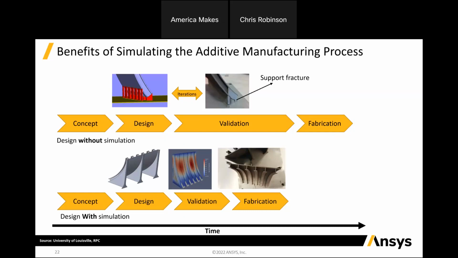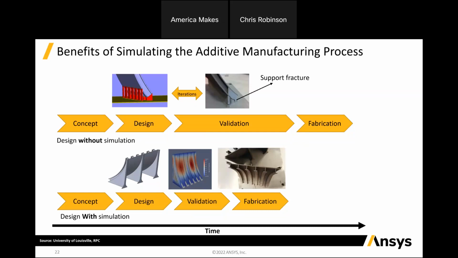So maybe you go in and you change your support structure and you go ahead and you build your part. Maybe this time you get 2/3 of the way into the part before you find out that there's going to be recoater interference because it's deforming too much. So you go through and you change something in your design so that you don't run into recoater interference. This time, maybe on the 3rd try, maybe you get all the way through printing the